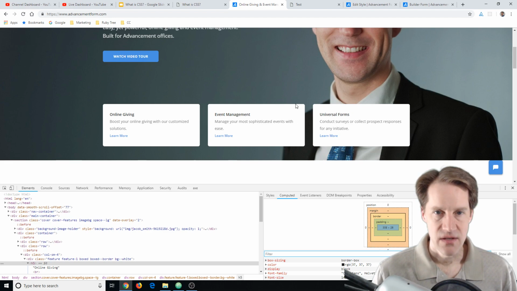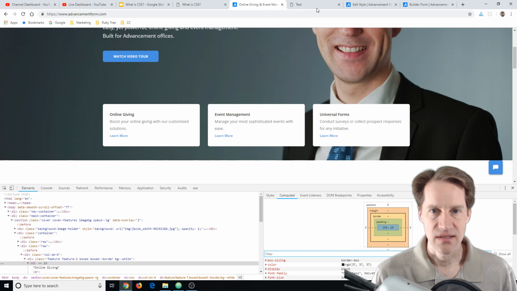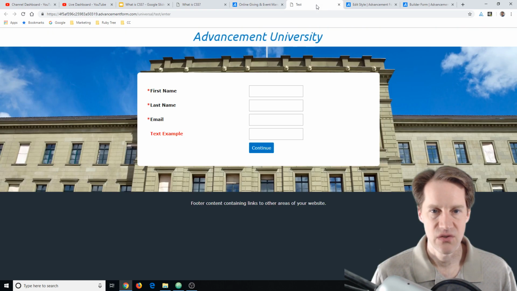All right, so next I'm just going to jump into an example here. So one thing Advancement Form can do is, at certain plan levels, it allows you to use CSS to style any part of the page. So for example, we have just a very simple form here, and you'll see that the field label is red. So if I